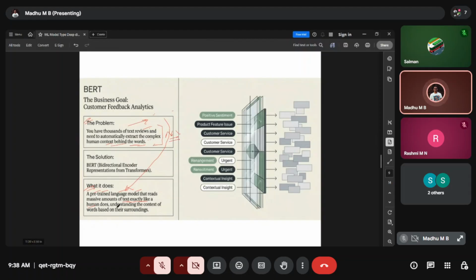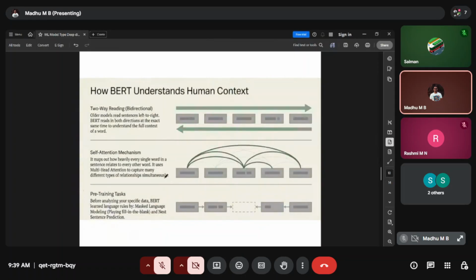Once it understands what exactly the text is, it will give certain categories. So it could be a positive sentiment, the product, the feedback, customer service, and urgent. So it will try to categorize this under different tags.